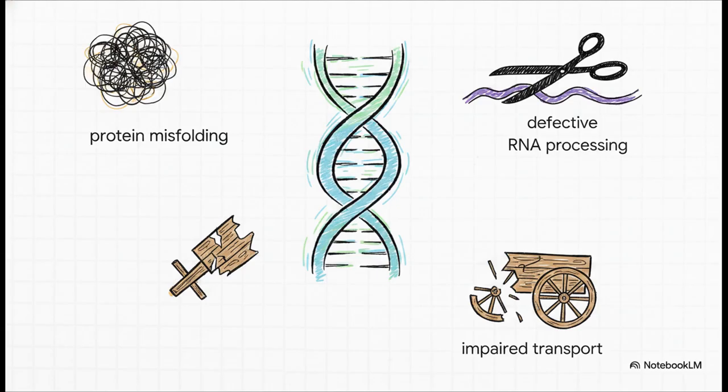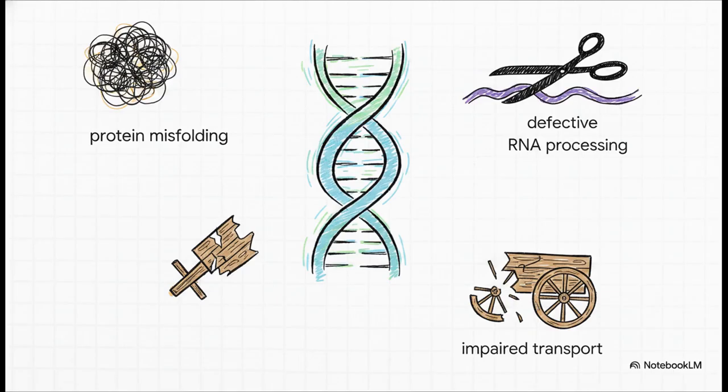Then you have TARDBP, which encodes the TDP43 protein, and FUS/TLS. Both of these are absolutely critical for RNA and DNA binding and metabolism. We've also got UBQLN2, which is tied to protein degradation pathways, and ALS2, encoding a protein called alsin. That one is actually linked to a juvenile onset form of the disease through defective GEF signaling. So what does this all mean for us? Well, these genetic clues are basically screaming that protein misfolding, defective RNA processing, and impaired transport are the ultimate executioners